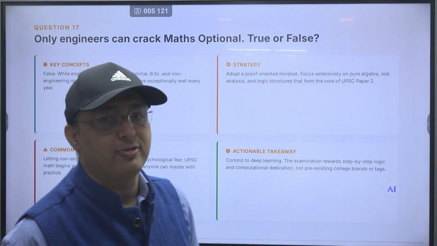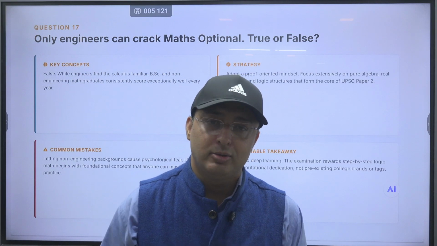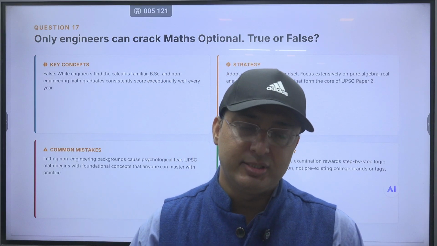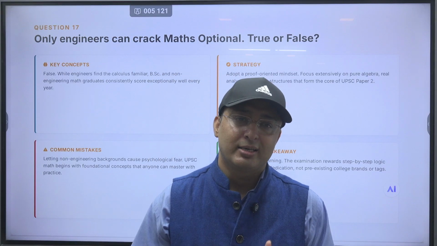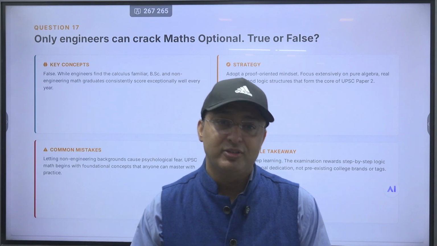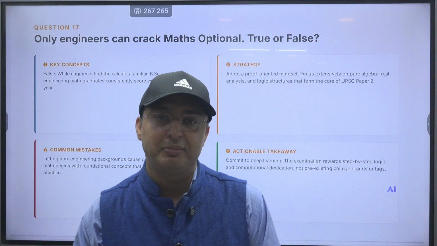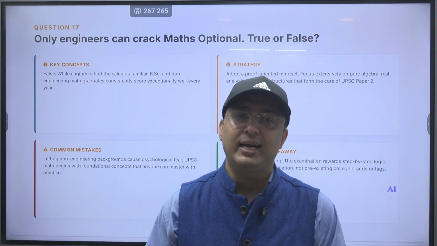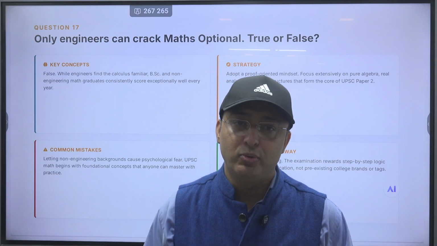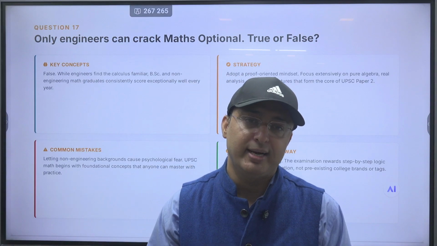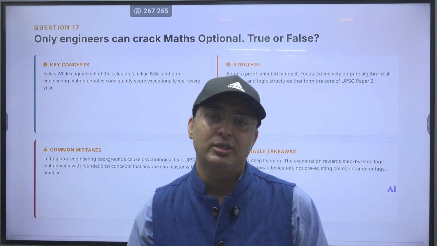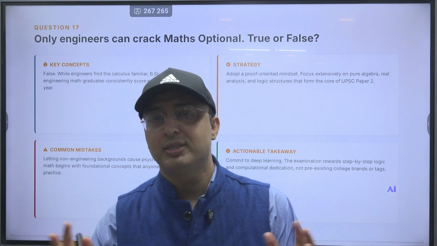A great number of people from a mathematics background also do very well in this examination. But one of the fallacies and foibles that they commit is that they categorize themselves, saying statics and dynamics are the physics portion, and fluid dynamics and mechanics, and they never read it, they never understand the demand of the examination, they actually do not know the books, or they do not know how to approach it. So a larger majority of the maths background have failed because of this assumption, and this is not in their interest.